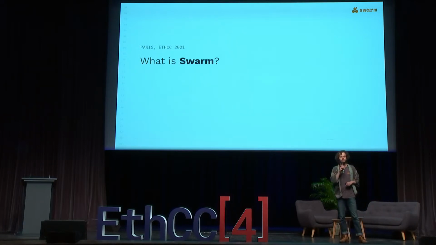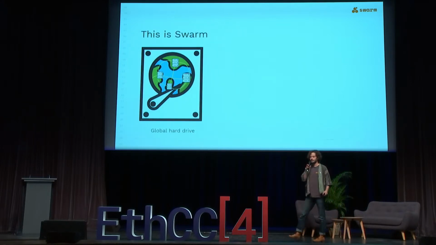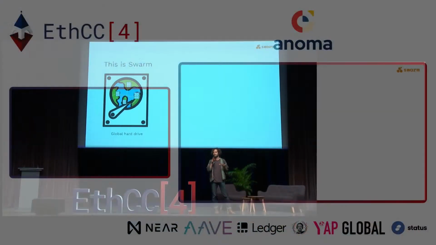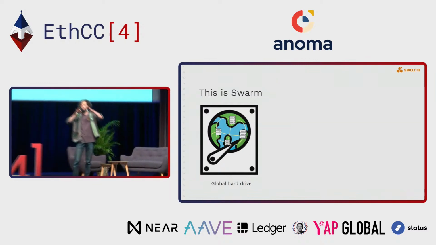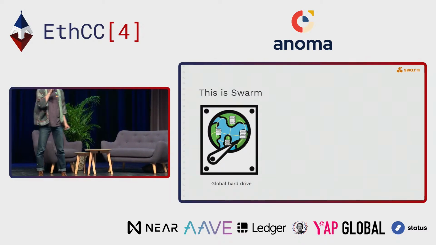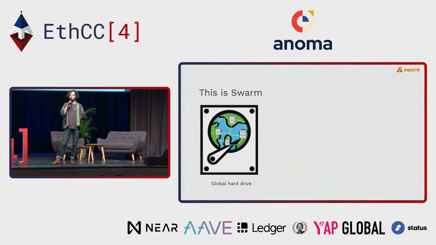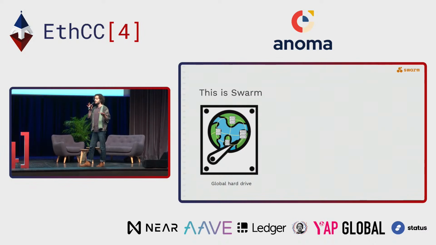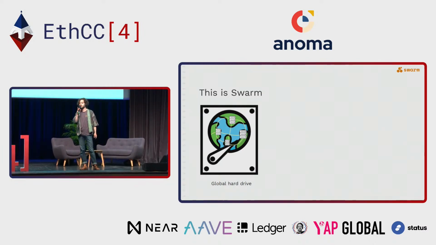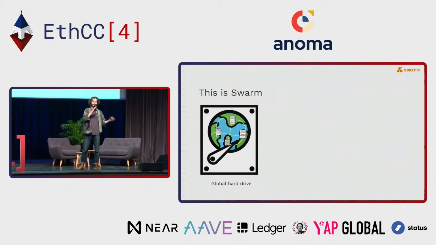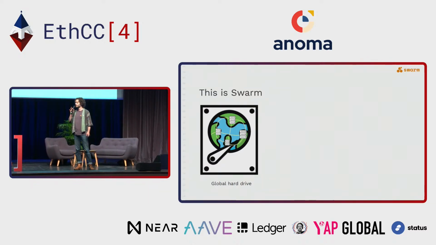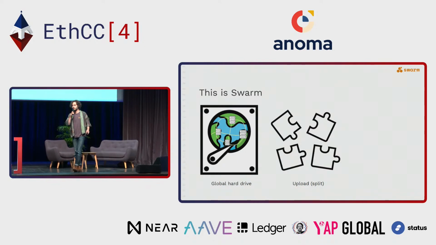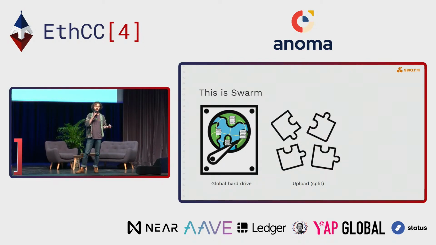So let me get started with presenting what Swarm is. For myself, I mostly like to conceptualize Swarm as this global hard drive, which is hosted and operated by computers running all across the world and which collaborate because they have the financial motivation to do so. And just as with a normal hard drive, in the Swarm hard drive you can also upload and download, right, and store data. So in Swarm, you can also upload, and when you upload content to Swarm, which can be a file or a website or something like that,